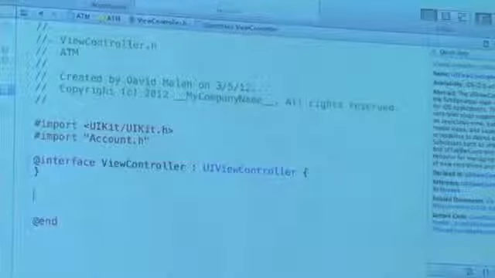So let me go into my view controller and do the interesting part now when it comes to code meeting nib files. So inside of my view controller, and if you want to spoil the results, all of this code is in the ATM example in today's printout and online. I'm going to import the account header file so I can actually use it. In terms of the view controller, I don't actually want any instance variables per se, at least ones that